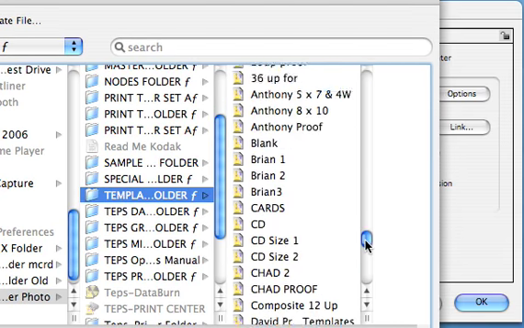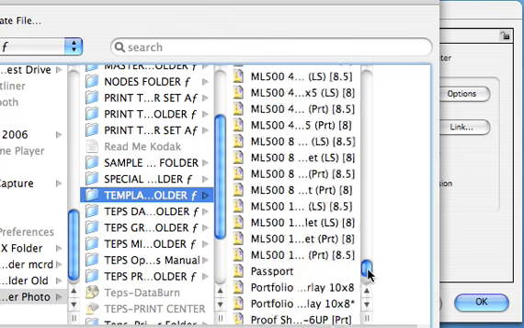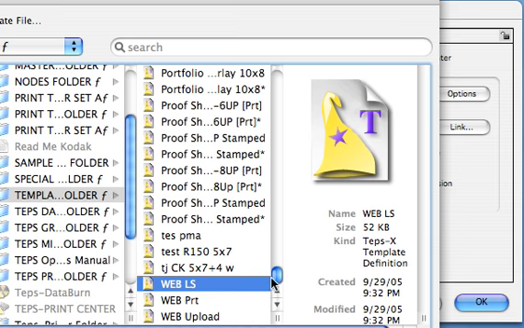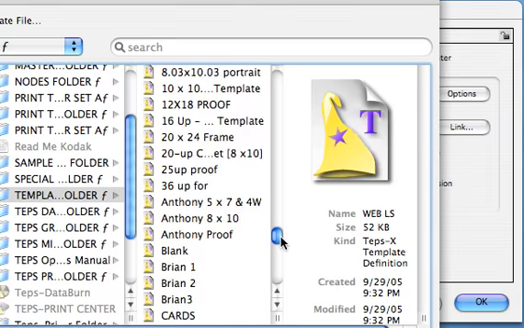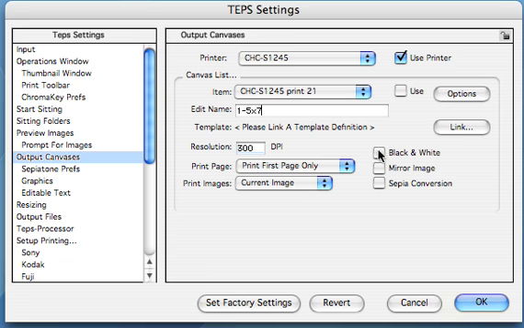Let's see if I have any here. So you can see some of these custom templates here. Your web landscape. So that's where you would go find it and choose it, and then it would show up